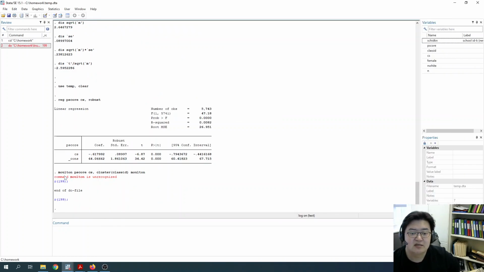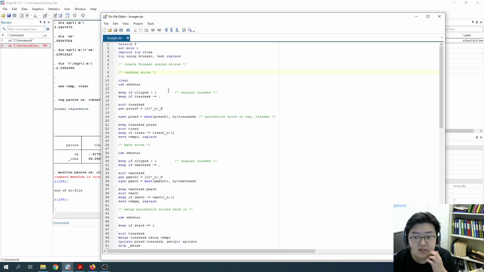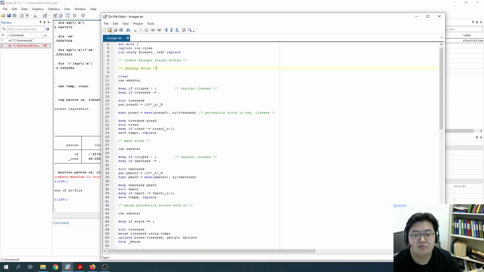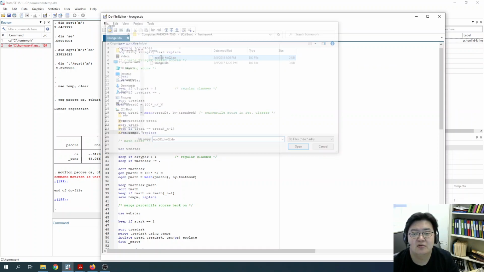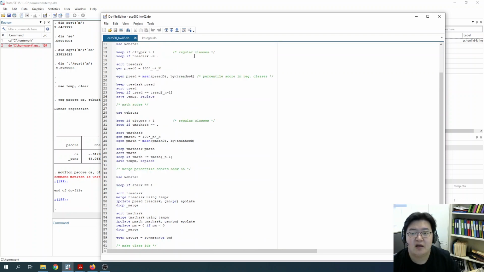So maybe this command is obsolete now for some reason. I don't know why, so I had to fix that. If you want, you may read it. It's longer, and it involves many difficult commands. So you just need to open the do file that I uploaded with the homework, which is the updated version. And if you run this,